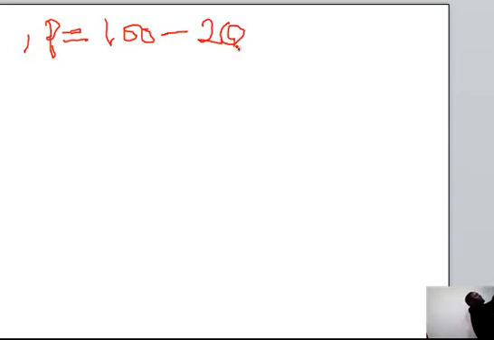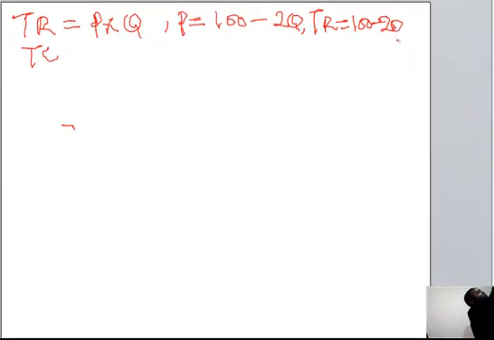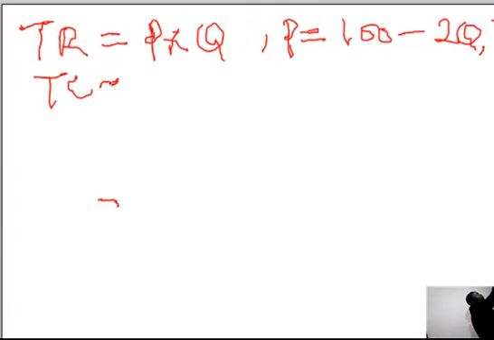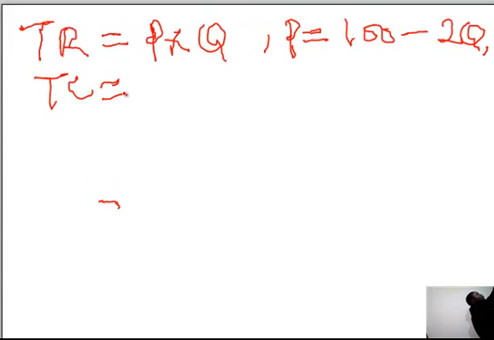So now you can derive your total revenue to be equal to 100 minus 2Q multiplied by Q, that is price times quantity, and our total cost has been given